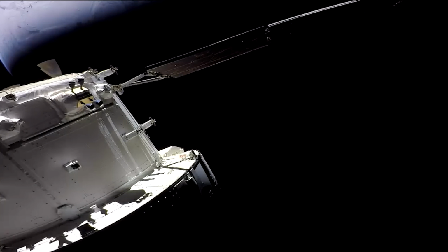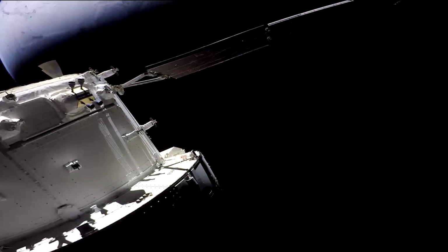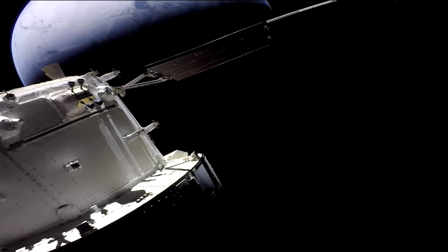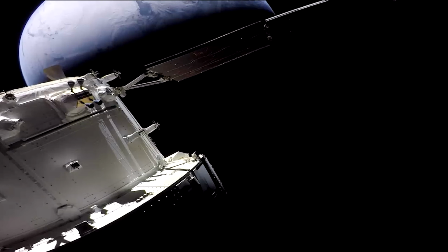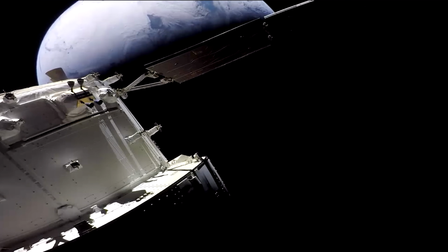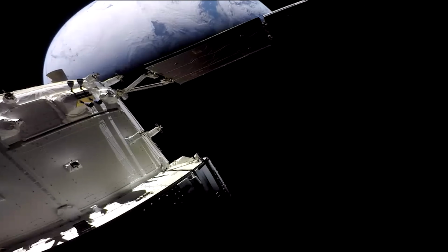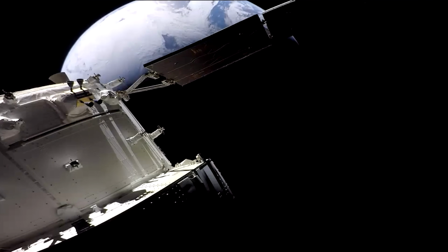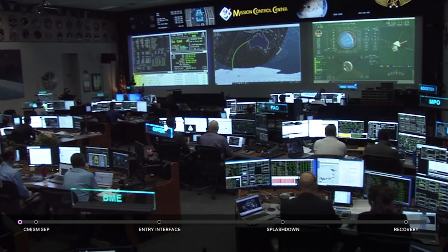Thank you, Philip. And again, a live view of Orion closing in on planet Earth, now about 11,000 miles away from Earth, as it continues a very, very precise trajectory for a splashdown that is scheduled at 11:39 and 42 seconds a.m. Central Time this morning. Now just 1 minute away from crew module, service module separation. We'll be standing by for confirmation of that from the